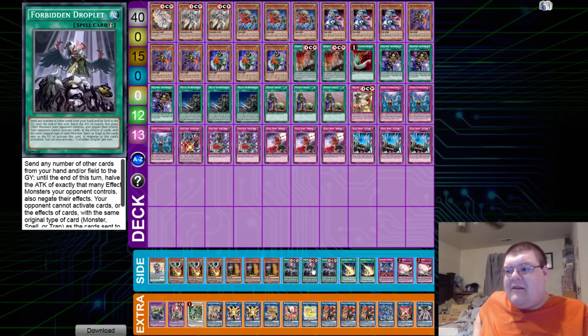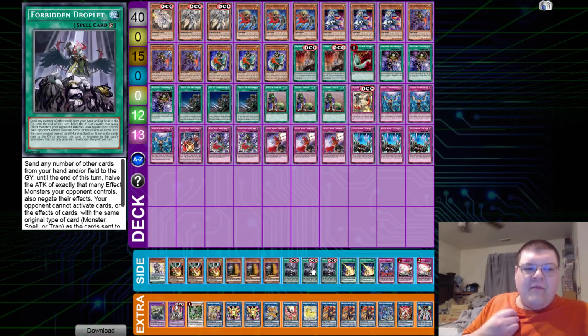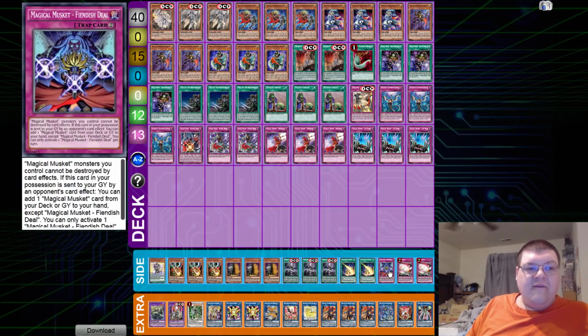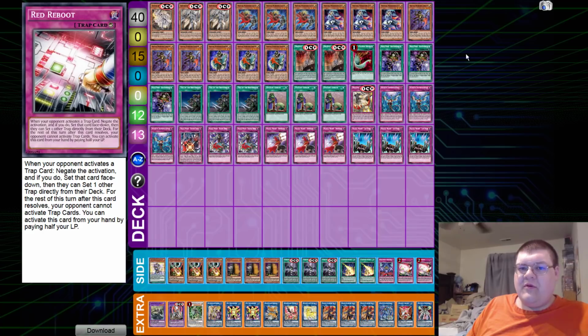card. This card literally has revolutionized side decking here in the game. Such a powerful card, devastates the game because your opponent can't respond to it. This is literally the level of support that we needed to make rogue archetypes able to kind of play the game now. We have 2 Lightning Storm, 1 Fiendish Deal, and 2 copies of Red Reboot, wrapping up Dragma Magical